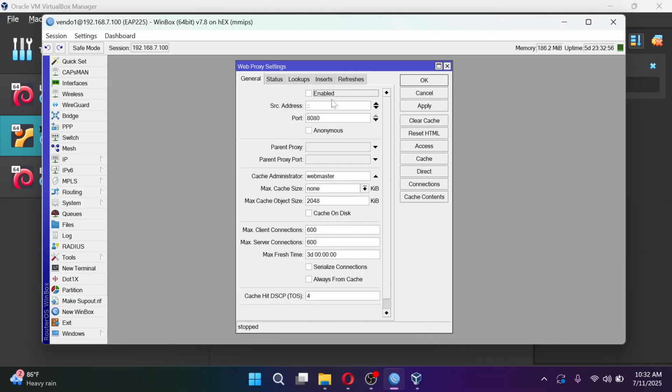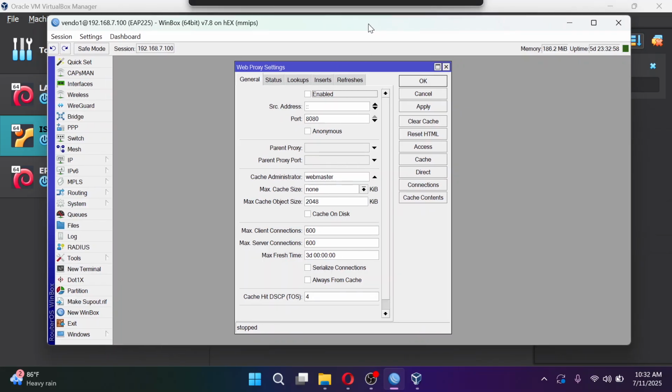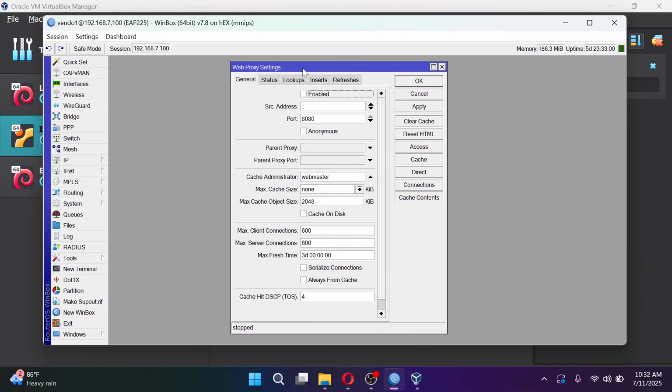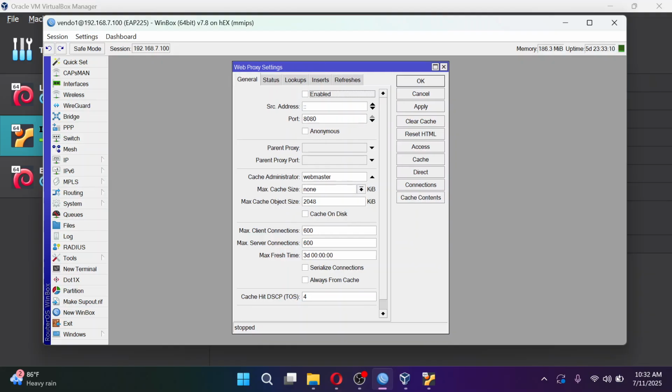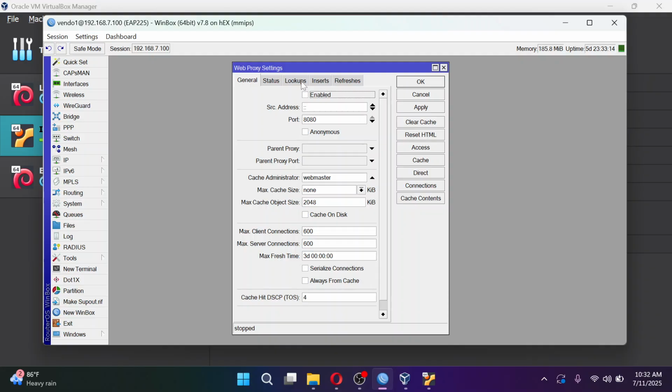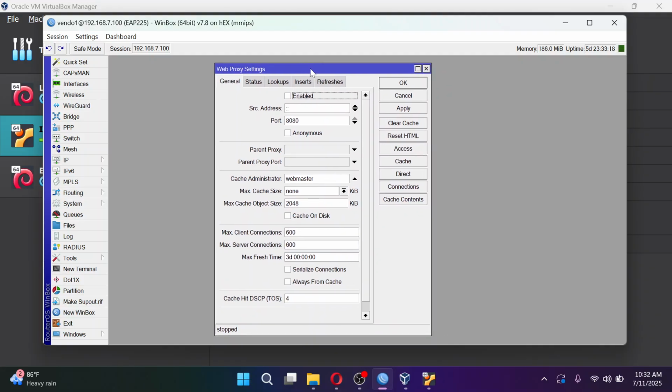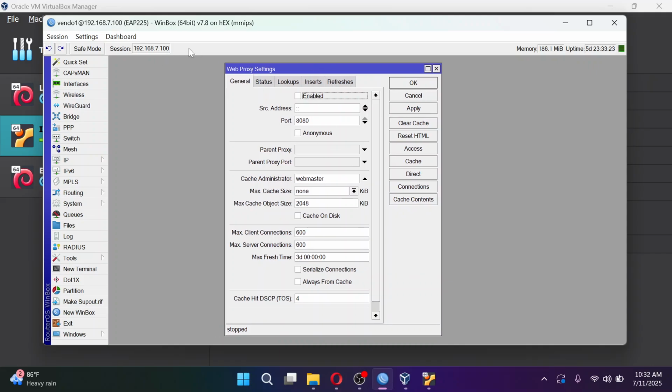Okay, so we have included, or we will try to include, setting up the PPPoE payment reminder using web proxy and then some firewall NAT rules. Basically, the PPPoE payment reminder is using the web proxy as for version 7 and up.